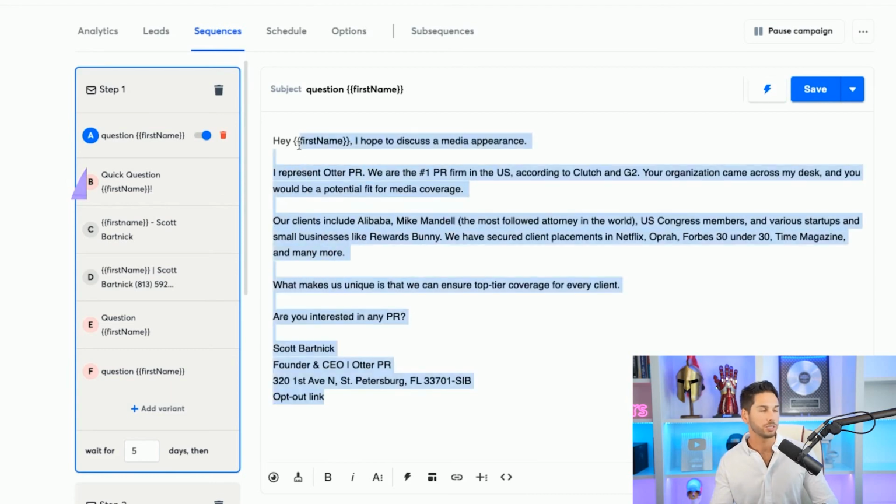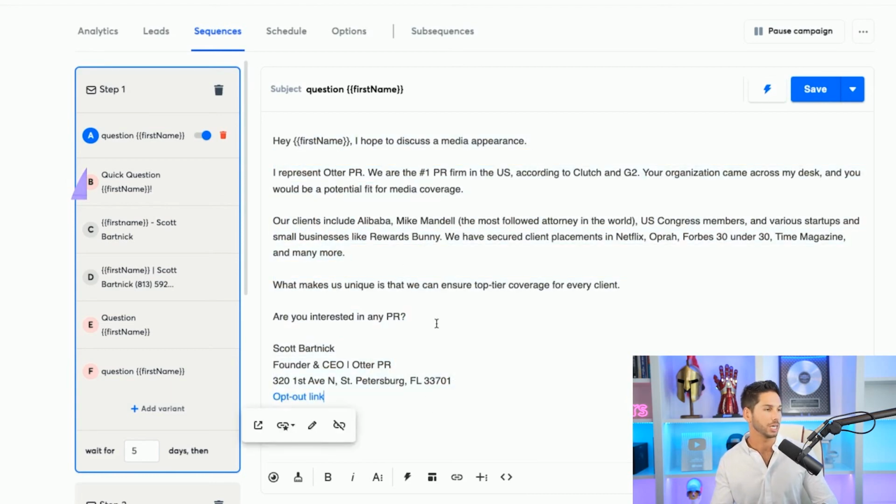So really, cold email is pretty simple as long as you follow some of these rules. Keep it open-ended, add social proof, a little bit about what you do, keep it open-ended, focus really hard on your first line, focus really hard on your subject line, and you'll be just fine. Now let's talk about